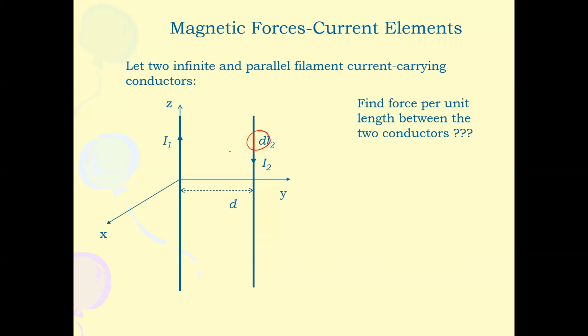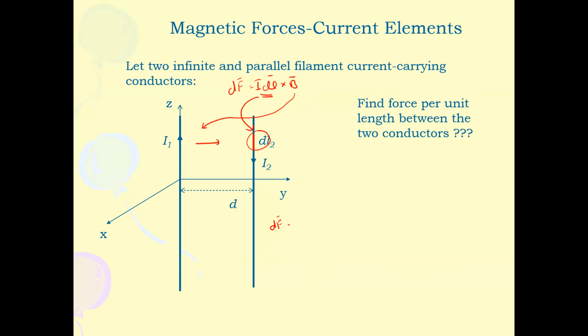So we can see that from the equation F vector equals I dl vector cross B, I dl vector is this element, while the B vector is the magnetic field produced by I1 towards this element of I dl2 vectors. For that particular case, from these equations, we can rewrite